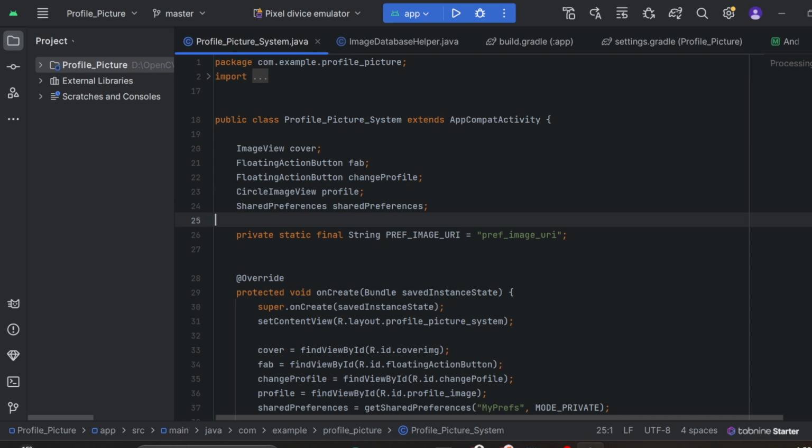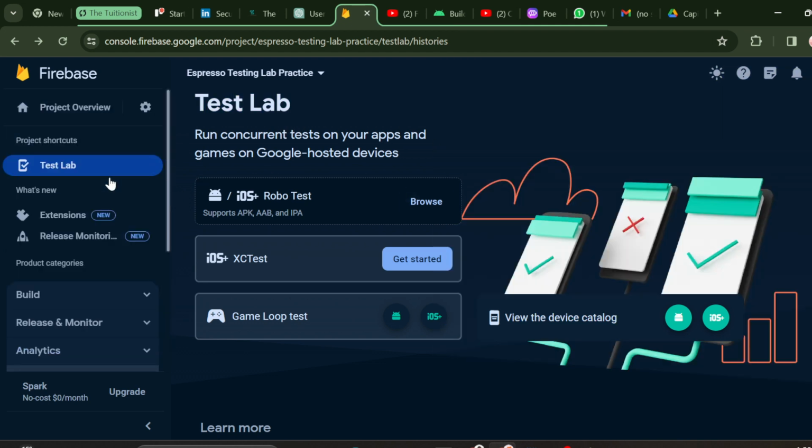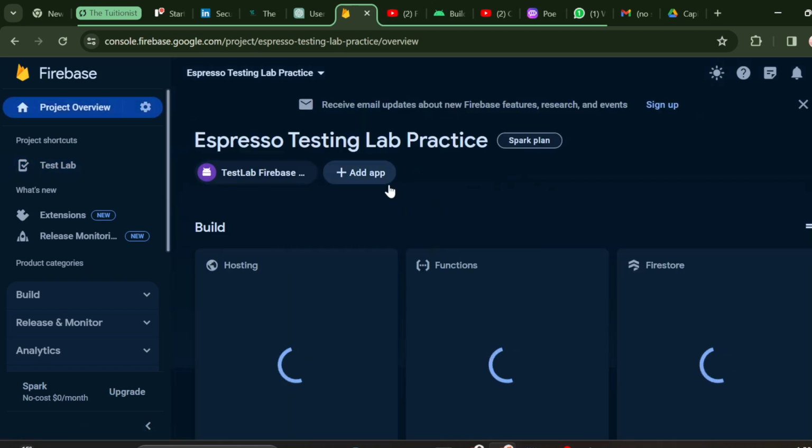Hope you are fine. In the previous video, I opened the previous application and tested it in Firebase Test Lab, and that activity did not perform well. The test lab is not going well, because in my Android Studio project there are several bugs and several errors. So now what I have to do, I will create